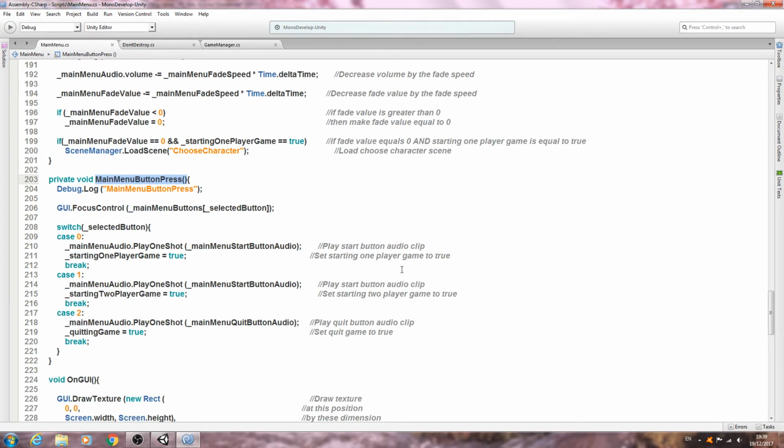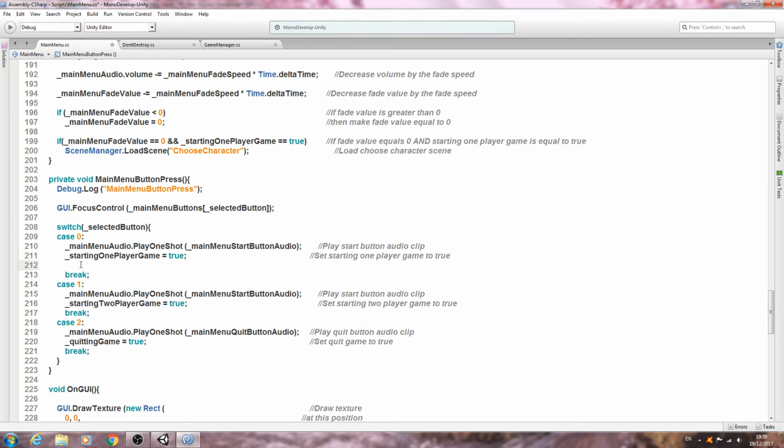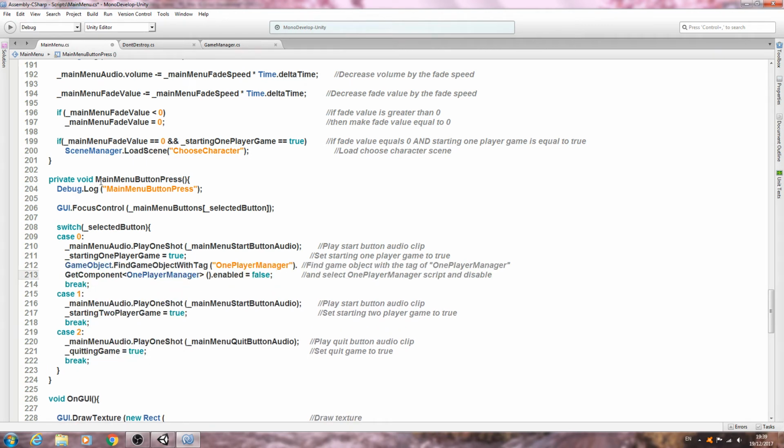And we're going to paste it in here. So we're in main menu button press, case 0. And now we need to re-enable the correct script, which in this case, obviously, is going to be the one player manager. Let's look, this is when we set the starting one player game to true. So we'll change false to true. We'll change the comment to enable,